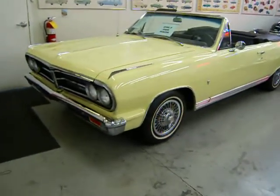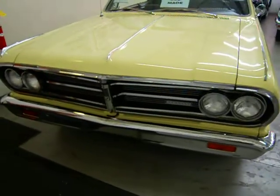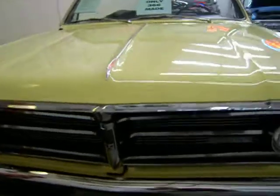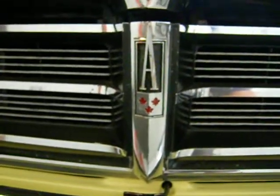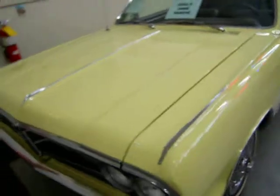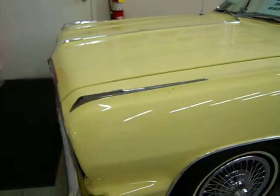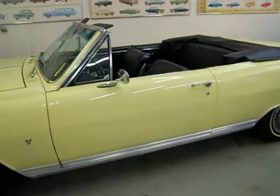But as you can see, if you walk around to the front, the grille is completely different. It takes on the characteristics of a Pontiac, and if you look close, you can see there's your Acadian logo. All these grille pieces are die-cast, and so are the pieces on the top edge of the fenders. They're die-cast out of pot metal, so they're very, very hard to come by. This car has a brand new interior in it,